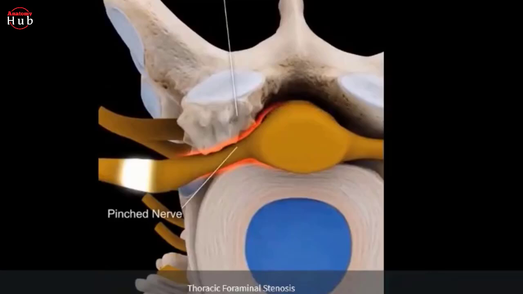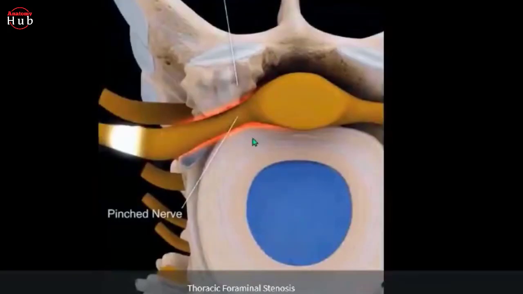See, I am explaining. See, this is the intervertebral disc. Just below that, here you'll find the body. Above the body, you'll find the intervertebral disc. So if any degeneration occurs at the intervertebral disc, or if you find any bony spur, bony spur means extra growth of the bone, unnecessary growth of the bone, that may pinch these nerve roots.